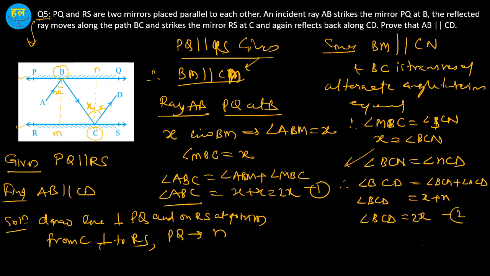This is equation number 2. Now, from equations 1 and 2, angle ABC is equal to angle BCD,